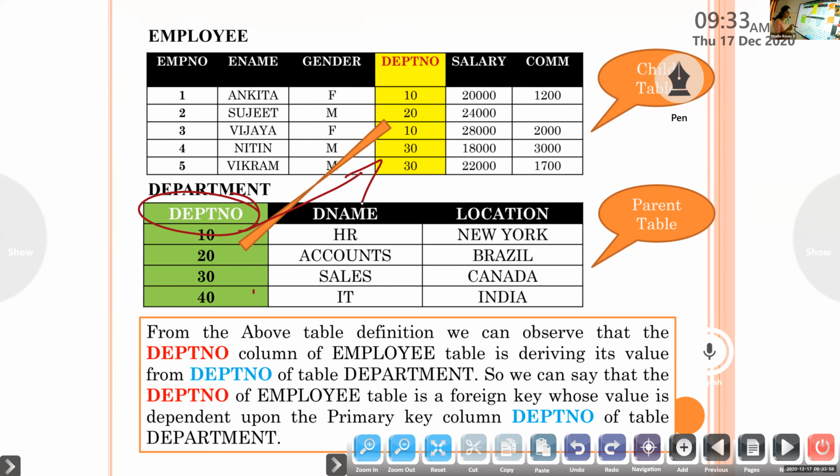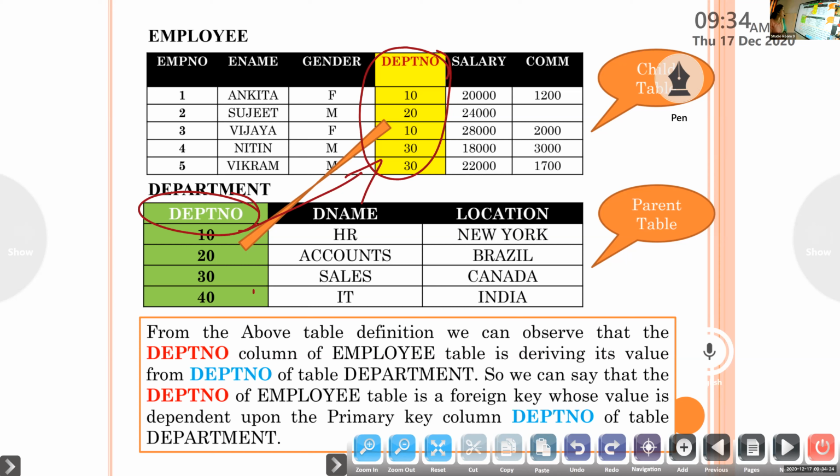A primary key of one table will be coming as a column name of some other table, here the employee table. So in that employee table, this key is called a foreign key. Clear? Foreign key. And in the definition, it is given that it is a non-key attribute, N-O-N-K-E-Y.